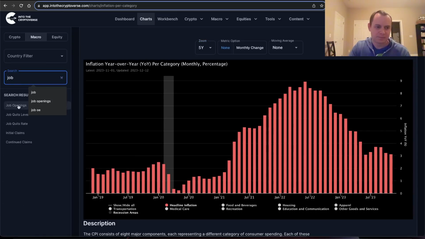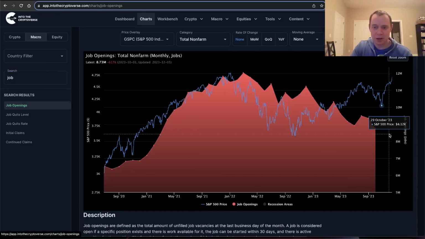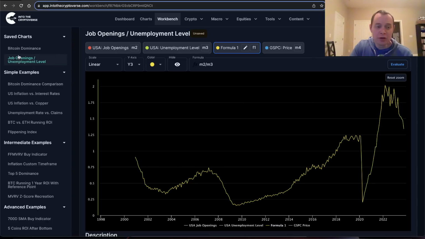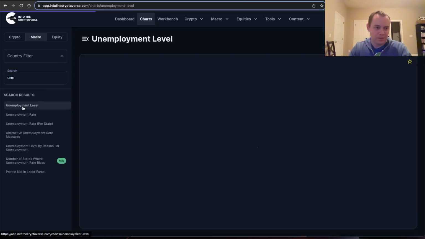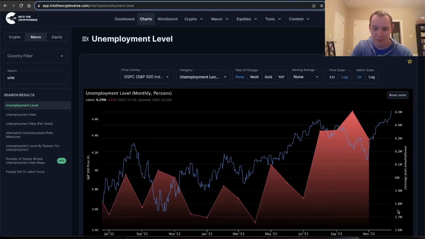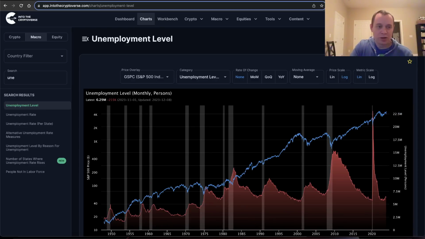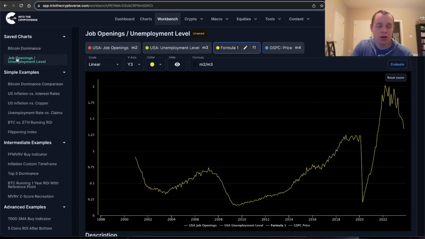Job openings are dropping pretty quickly. So the numerator is going lower. Whereas the denominator, the unemployment level, is going up stochastically, right? It's not a linear trend, but it's stochastic. So you have the numerator going down and the denominator going up, meaning that when that happens, this metric falls off a cliff, because both are going in the wrong direction for this metric